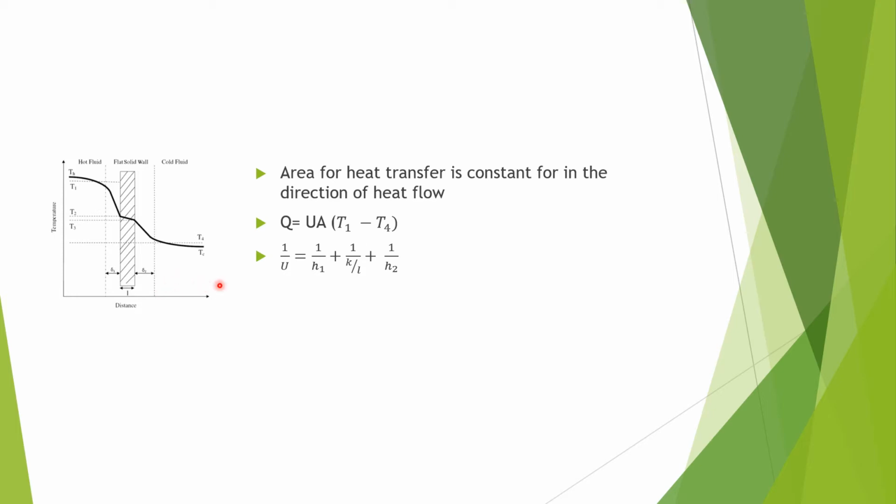That means, for the types of arrangements in the chemical industry where we have to determine the values of Q and U, to determine them or to derive those equations, it is very important for us to learn this concept. That's why we studied this concept in our previous video, and we derived these two equations for this kind of arrangement, that is, when the hot fluid and cold fluid are separated by the flat solid wall.